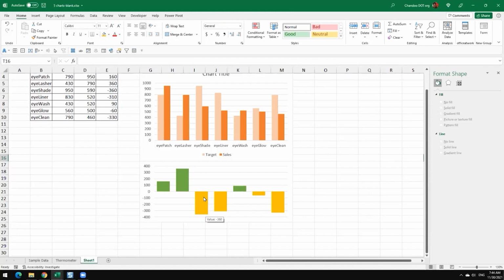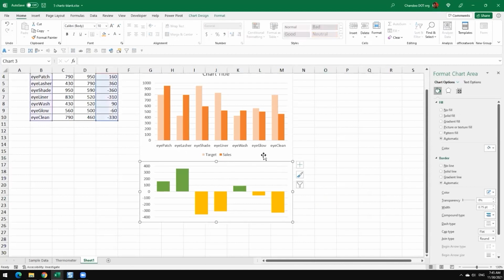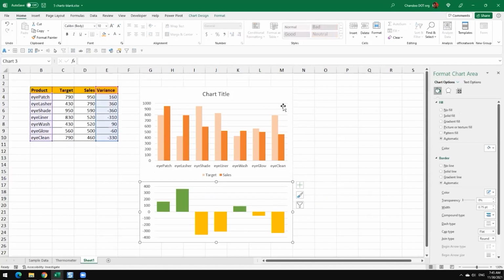And negative variances will be in that yellow color, so that they will also show up. And it's easy for me to spot that. Okay. So now that setup is done, we could then go and kind of bring both of them together into